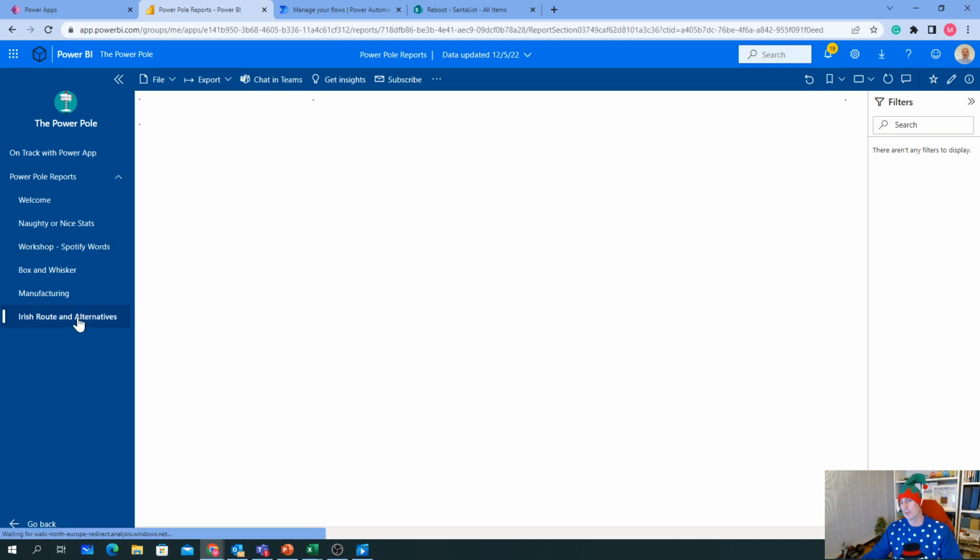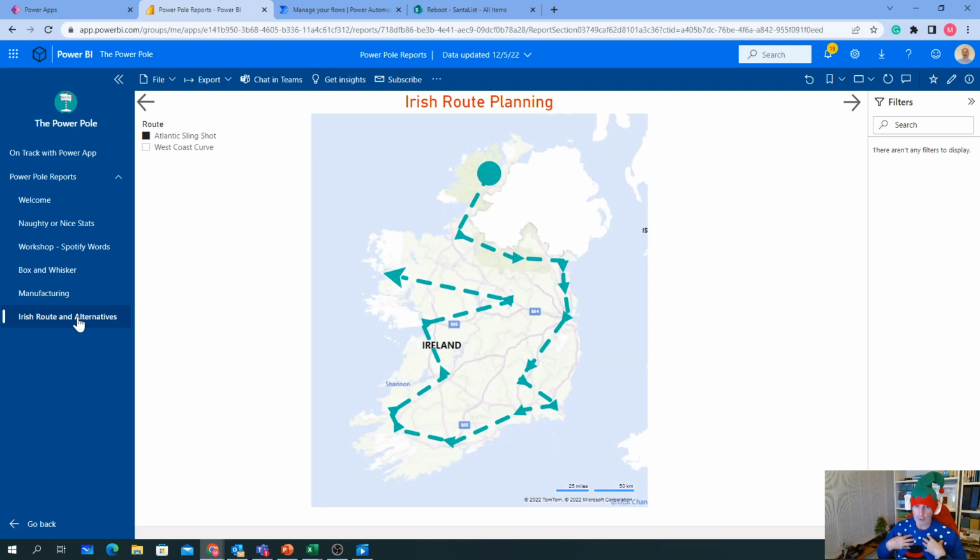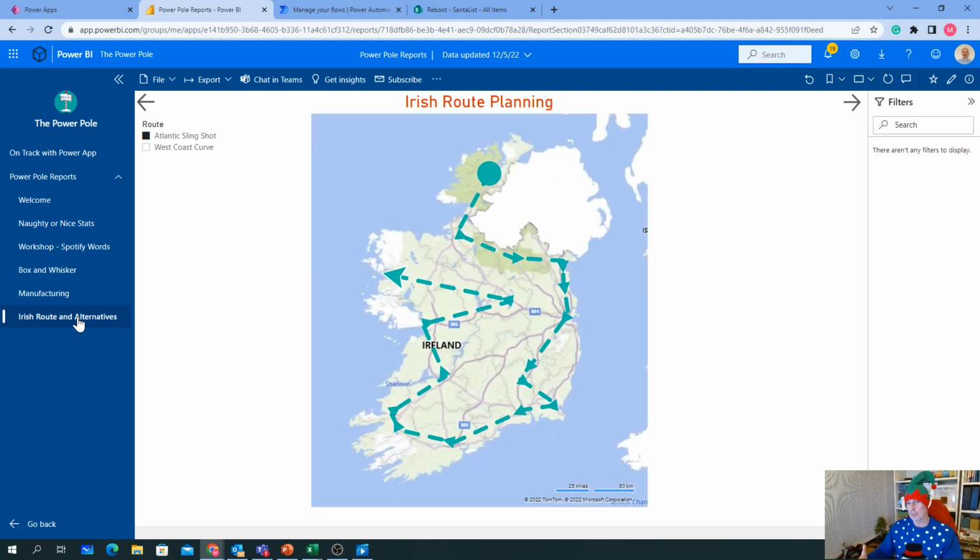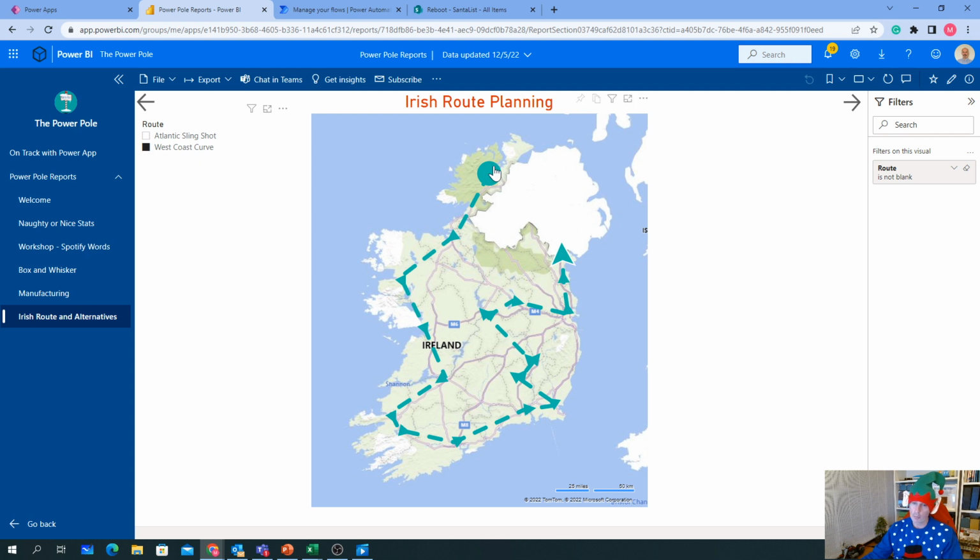Finally, just another quick one. We're talking about the route planning. Now, I'm in charge of the Irish area. And there are two classic routes for Santa over Ireland. We have the well-known West Coast curve, where we pop in over Donegal, follow down the West Coast, cutting over to the East Coast, a little bit of an inland tuck, end up over Dublin, head out